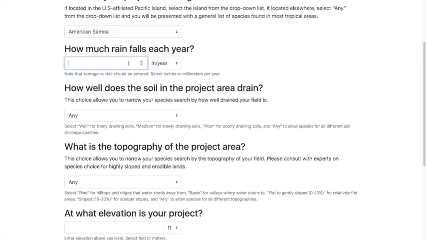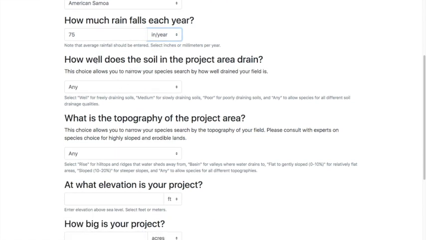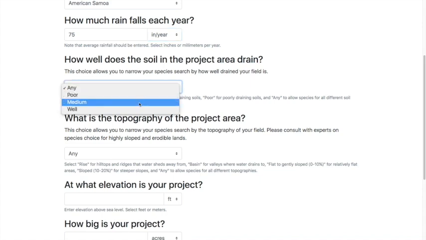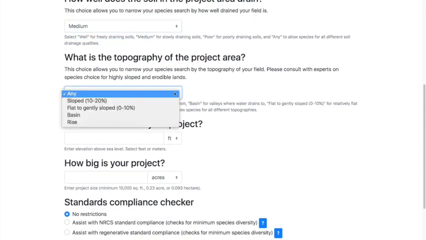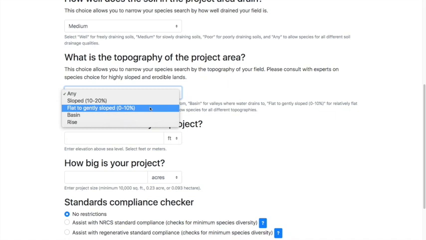Go ahead and put in your rainfall. I'm going to do a little bit on the drier side. You can do this in inches or in millimeters. Then you want to select your soil drainage. I'm going to go for medium. Your topography, I'm going to select flat.